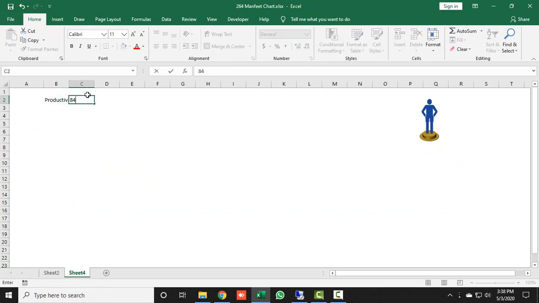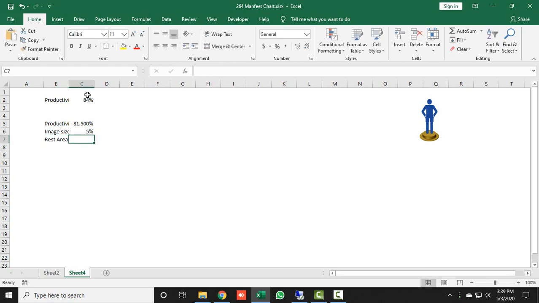So I'm taking 84%, and then I will take productivity again, and here I will subtract your actual productivity minus 2.5%. Now here type image size, which will be 5%, and then the rest area.